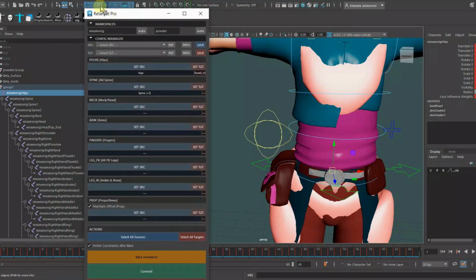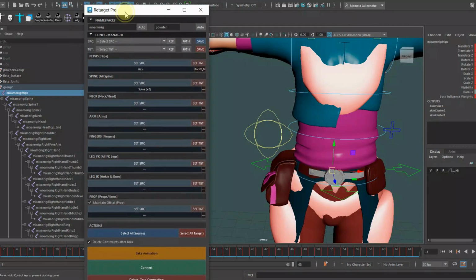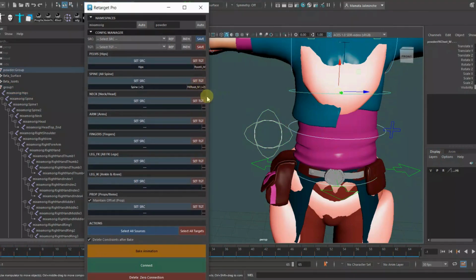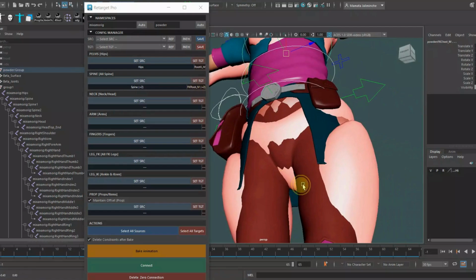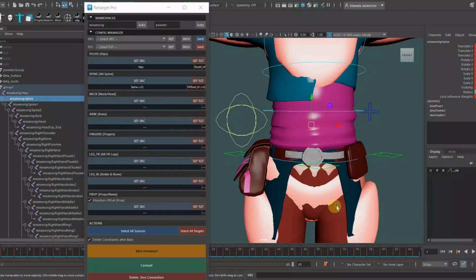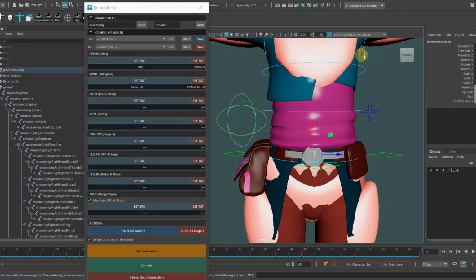Let me turn off my mesh and then joint. So yeah, select this controller, 1, 2, 3. You have to make sure the order of selection is the same for the source and the target. So now our spine 1 and spine 2 are here. We have to do the same thing from down to top. Okay,